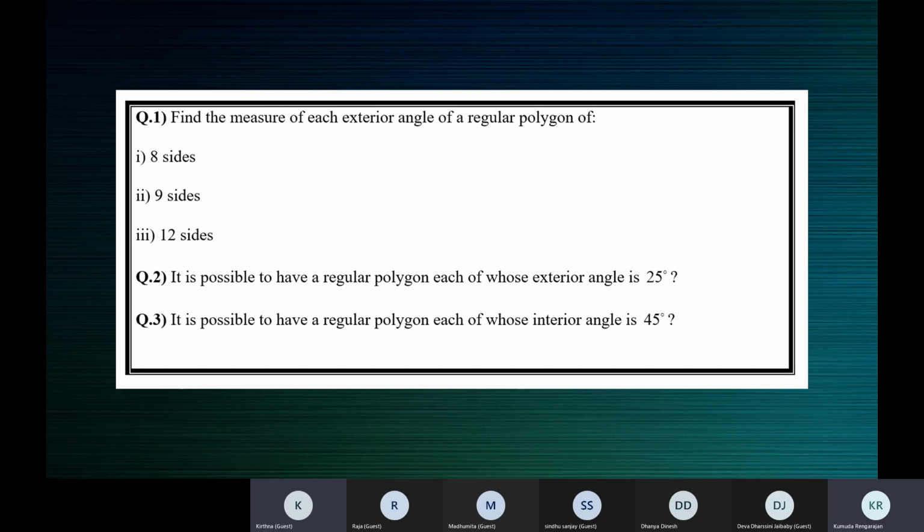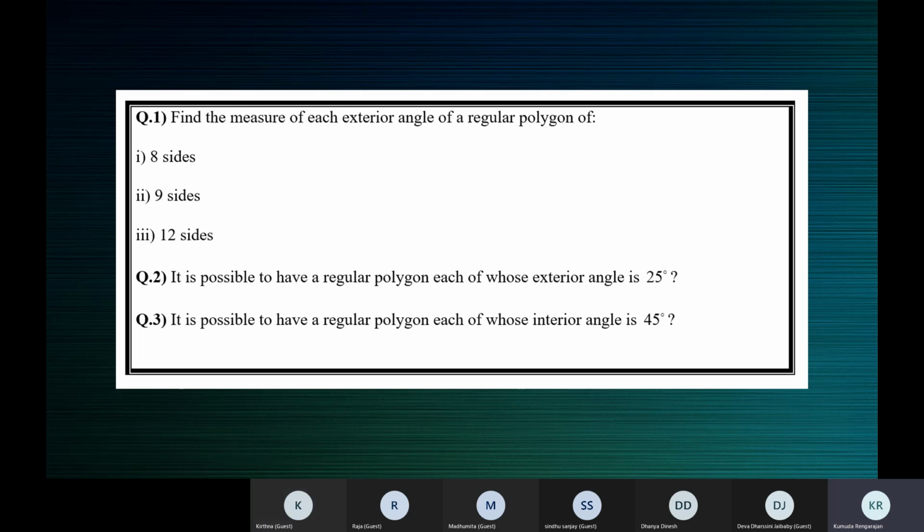Okay, tell me. Ma'am, if the interior angle is itself 1800, how can there be a sum of interior and exterior angle? No, darling. What you have, 1800, is the sum of all the 12 angles. The sum of all the 12 angles is 1800. Okay, ma'am. So what will be the measure of each interior angle? Tell me.